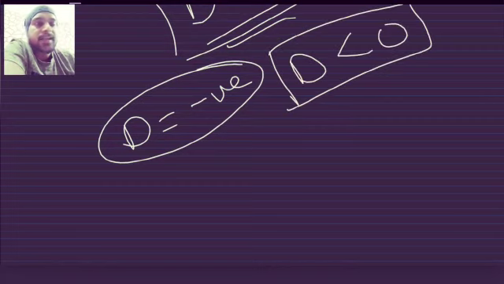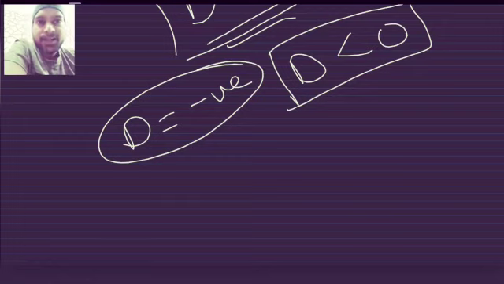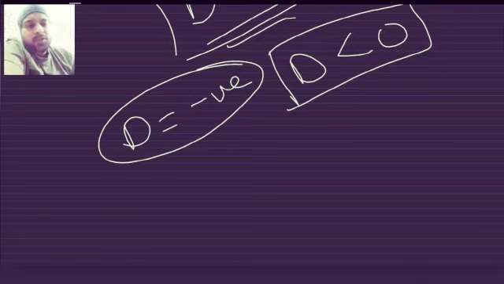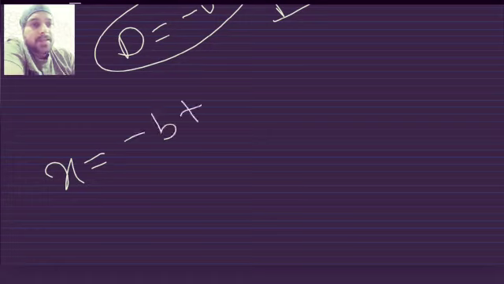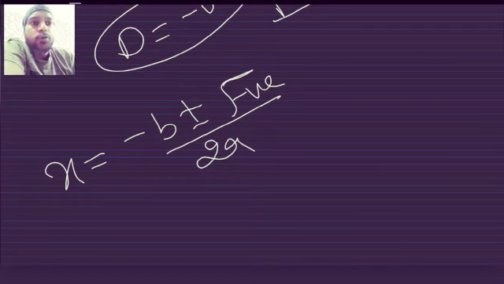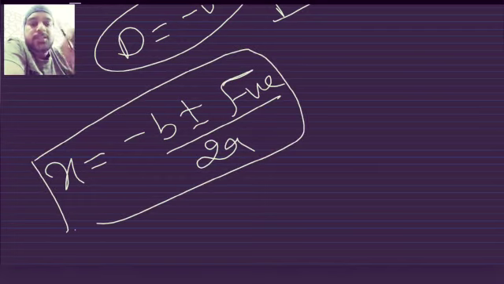Now when the discriminant is equal to a negative number, or you can say when the discriminant is less than 0. Why am I saying less than 0? Because all the negative numbers lie on the left hand side of 0 on the number line. Is it clear? So let's see what is going to happen here. x is equal to minus b plus minus under root of some negative number upon 2a, right? This will be the situation now.